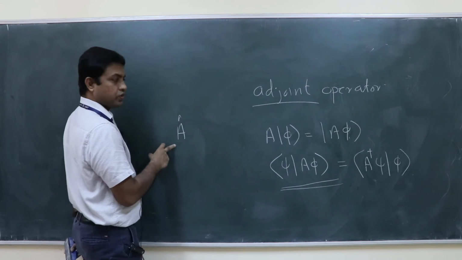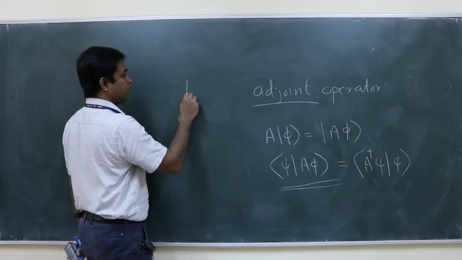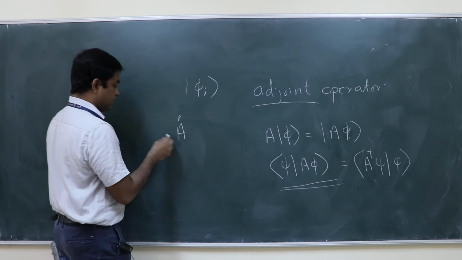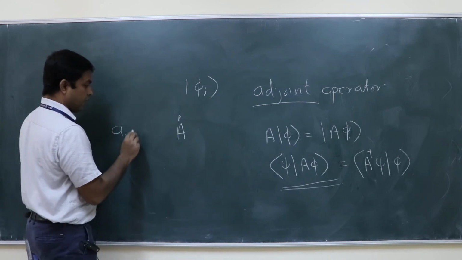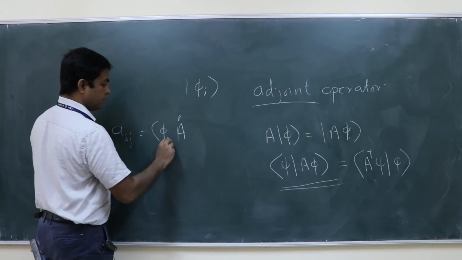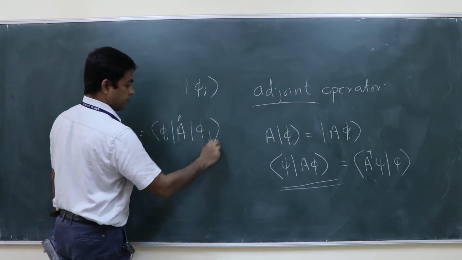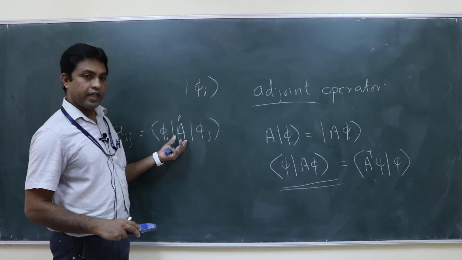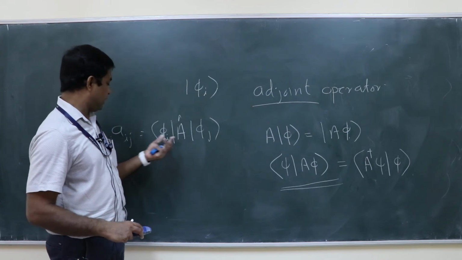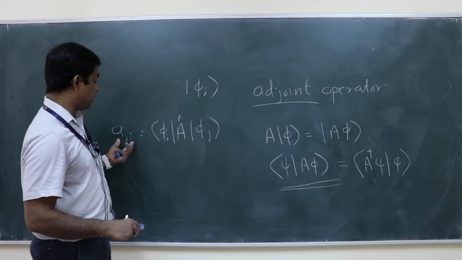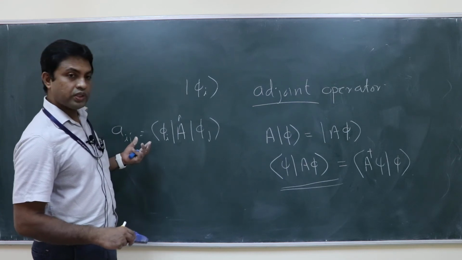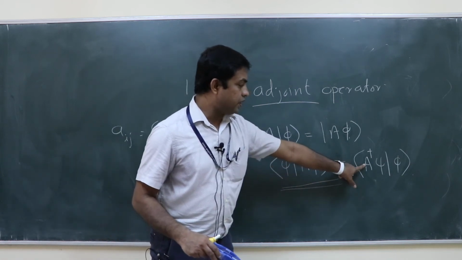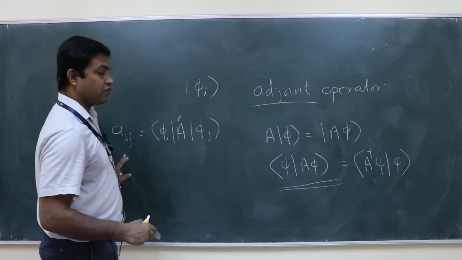When I say matrix representation, it is a matrix representation in some basis, say the basis is ket phi i. So the matrix elements corresponding to that operator are the bra phi i, A, ket phi j. So any operator, if it is finite dimensional, you can write down its matrix and the matrix elements.